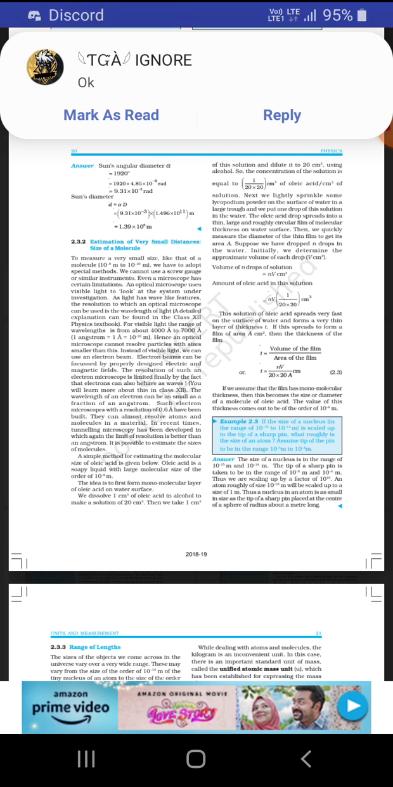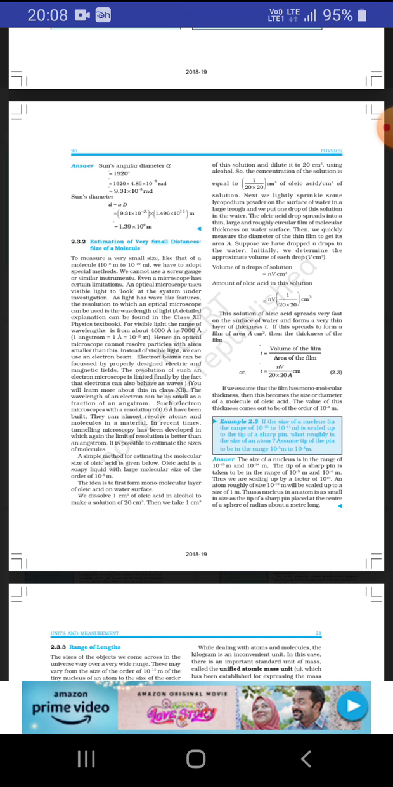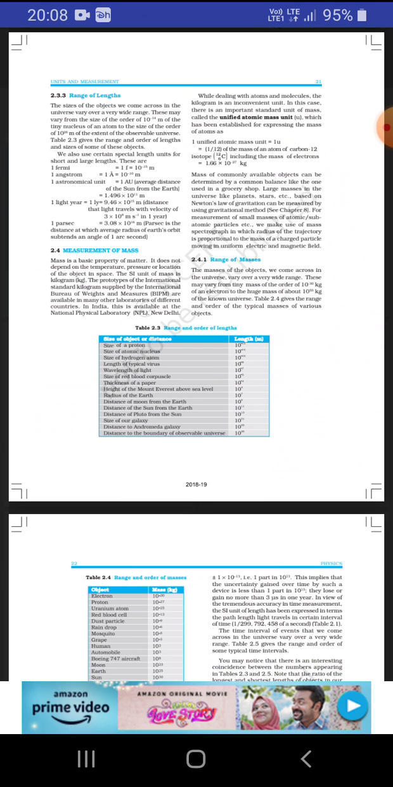The size of the smallest object we can see across the universe is of the order of 10 to the power minus 14 meter, the tiny nucleus. So the size of order 10 to the power minus 14 meter is the size we can see in the whole universe. So 1 fermi is equal to 1 f, which is equal to 10 to the power minus 15 meters, and 1 angstrom,